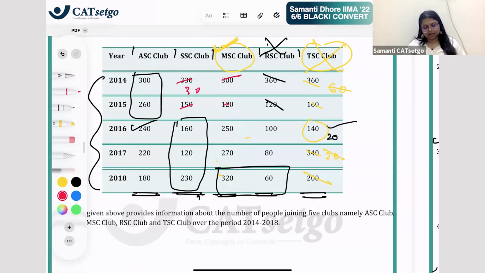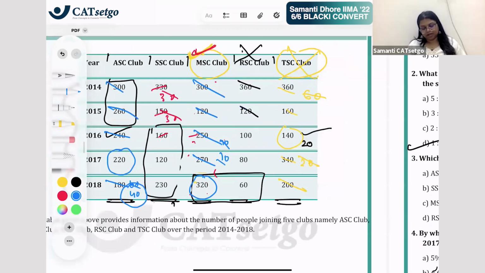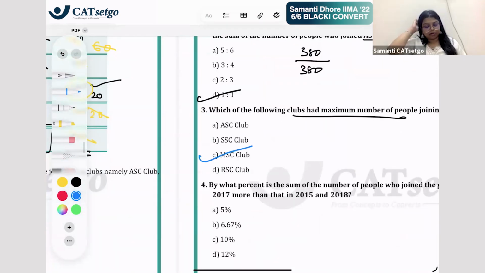So this has 30 extra, again 30 extra. Now this has 90 extra. So 90, 30, 30, 30 extra. Now if I compare, these two values are definitely bigger. So then we have MSc club winning again. Then it is between ASC club and MSc club at the end of it. And then I realize, okay, 300, 300 हो गया. फिर 250, 240, 10 extra, 270 again 10 extra. Then this has 60 extra. So 10, 10 cut करके this has 40 extra. So then this makes 230 and this is 320, so definitely MSc club is the best. This is how also you can compare and solve.